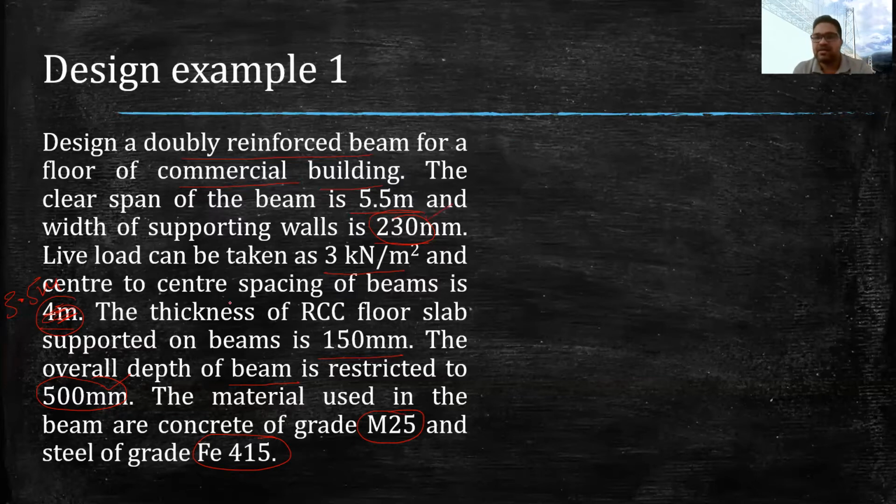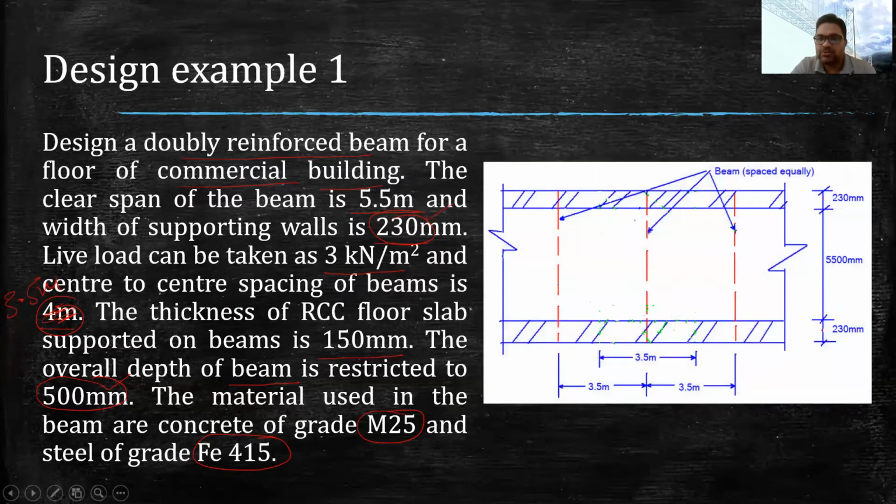So with this data, first of all, we will try to make a rough diagram so that we understand the problem well. So I have made the diagram. So in the diagram, you can see this is in continuation from both sides. So this is the wall, and this is wall 1 and this is wall 2, and on these two walls there are some beams like this. This red line is showing the center line of the beam, and you can see the spacing of the beam is 3.5 meter.